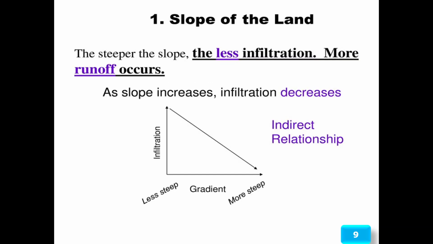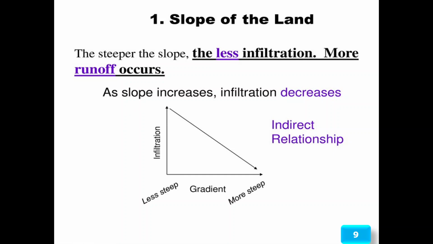So, factors affecting infiltration and runoff. See the slope of the land. The steeper the slope, the less infiltration and the more runoff occurs. As the slope increases, the infiltration decreases. If infiltration is to increase, obviously